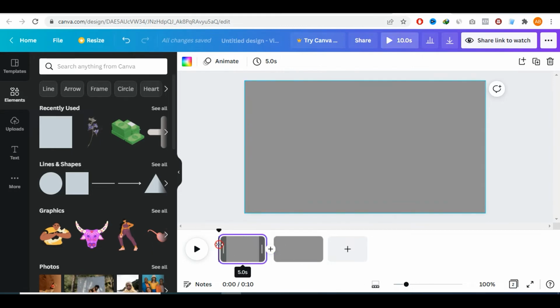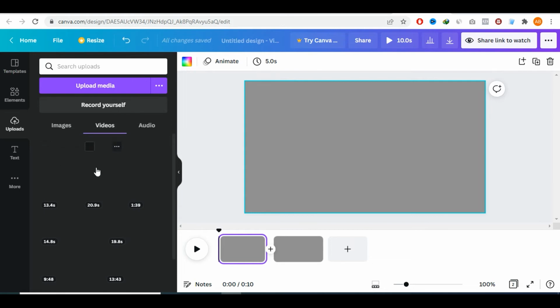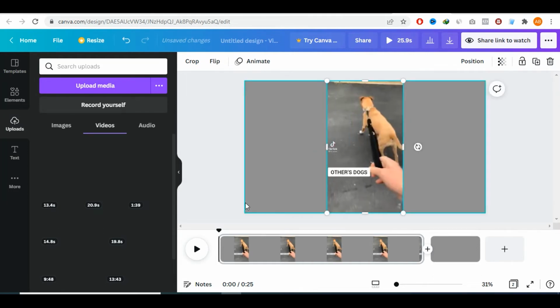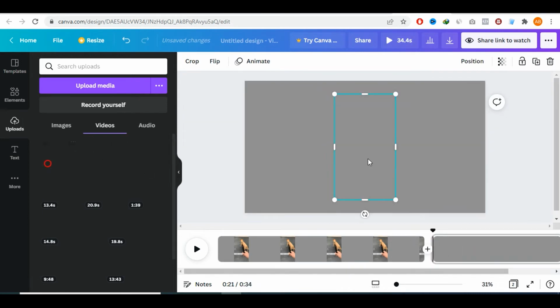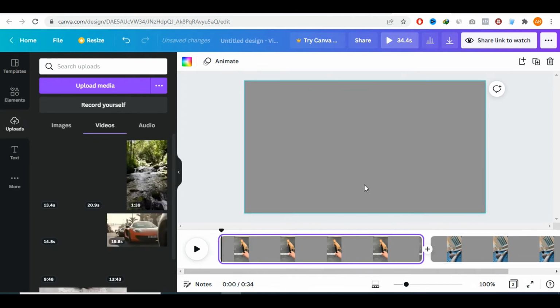So this is the first scene, and then we're going to upload our video. I already uploaded my video just to save time. So let me go to my video library, and those are the 2 videos that I downloaded. Let me click on this one and let's resize it. Just give it a few seconds to load, and there it is. That's the first scene. And then for the second one, I'm going to click this, and we're going to resize this, make sure it fits the screen. There you go. Those are the two scenes that you would have created.